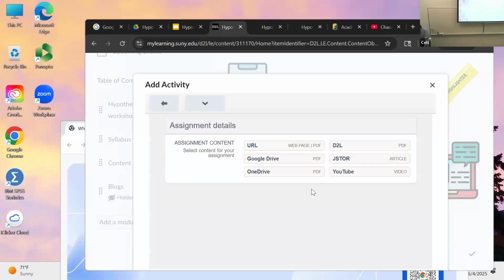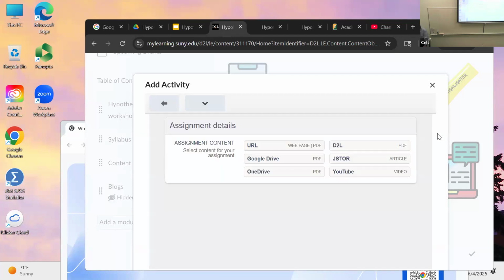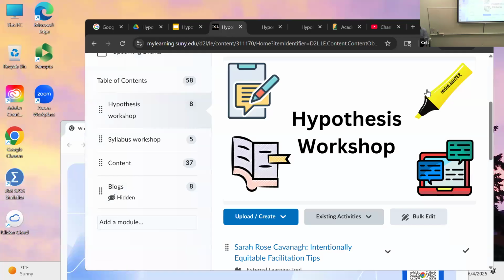Let's try, and again, I haven't tried this, let's try JSTOR. And you would just put in a link to, oh, you can't search it. We'd have to go in and search it. But I was hoping there might be a search tool. That would probably be a little too much to ask. But if you search JSTOR and you find articles that we have access to, you just put in the URL for it, and then that will be embedded right within the course. So it's a really great way of